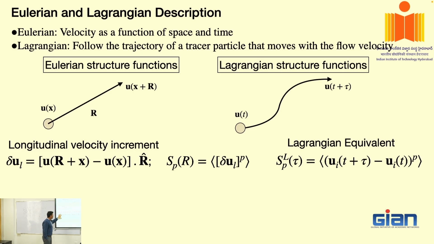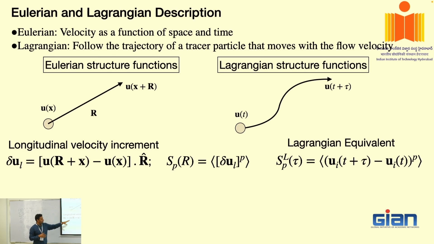When you have an Eulerian kind of structure, this becomes a lot easier, because you are fixed in space. The reason comes from the fact that in early days, when you did the measurements, you had a sensor that you put in the flow, right? That's why these kinds of quantities become important. You'd like to see, if there are two sensors separated by a distance, how the velocity difference and the space separation are connected. And Kolmogorov proposed the theory that tells us how it should be done.